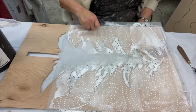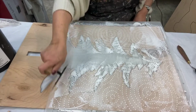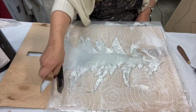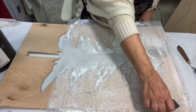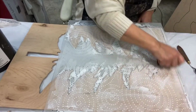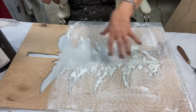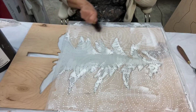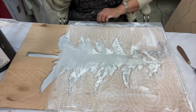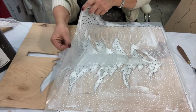All right, I have gotten the majority of this done. Now, after I finish this up, I'm gonna quickly throw this back in my hot box in the back, because I can't move this stencil down to this section until this is dry, because otherwise I'm just gonna smear the living daylights out of it. So I'm gonna pick it up, lift it carefully,